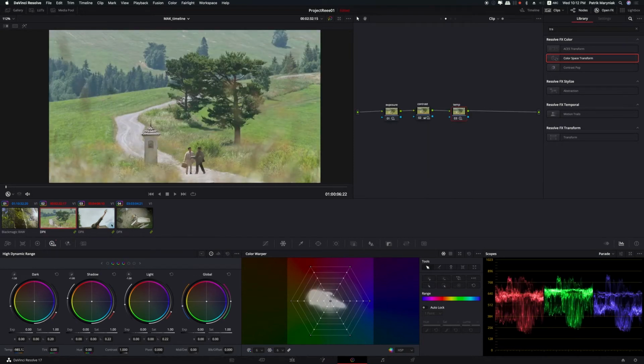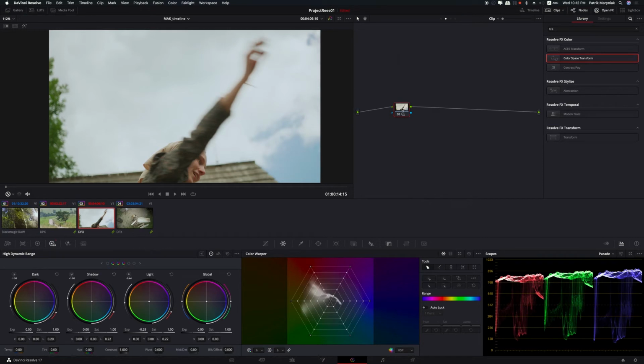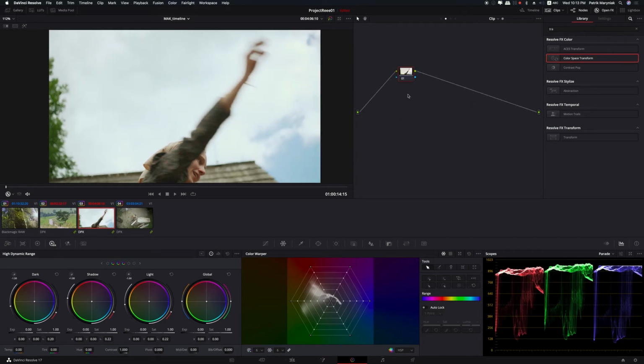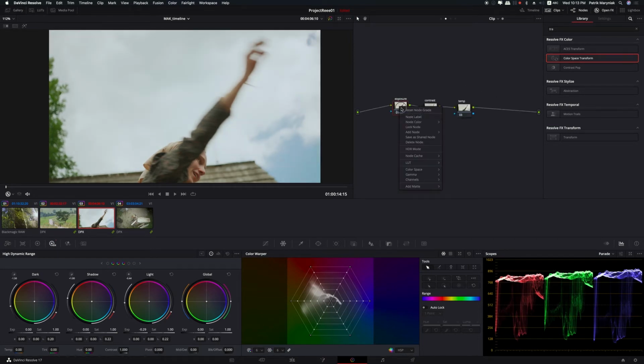So the first thing I do is create a preset of my basic correction for every single clip, which is like first one exposure, second something about contrast of the video, and the last one is something like colors or temperature and so on. And then I correct every single shot to the same balance, and then